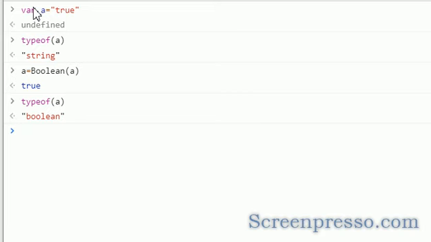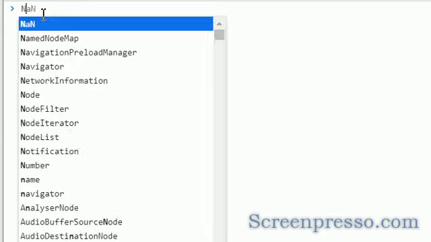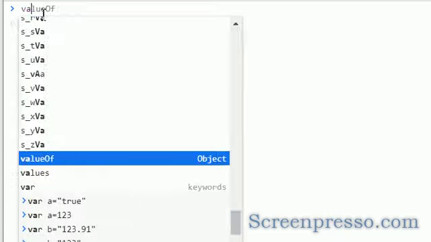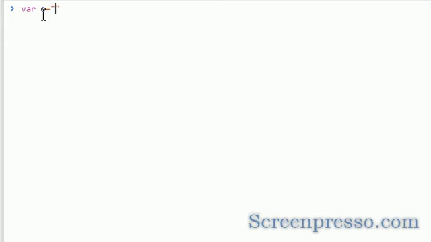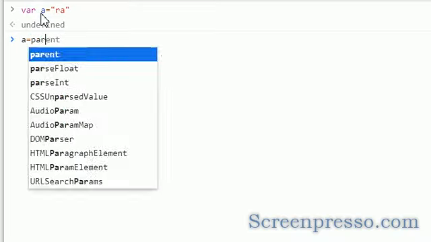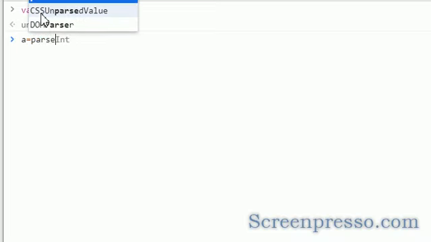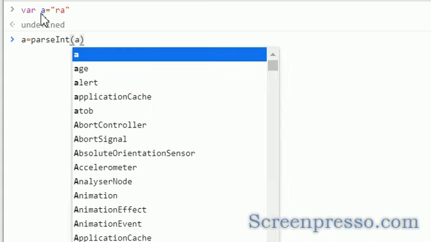While discussing this conversion, I want to explain one more thing called NaN. Consider where a equals a string, and I am trying to parse this as an integer. Actually, the string is not an integer, am I right?